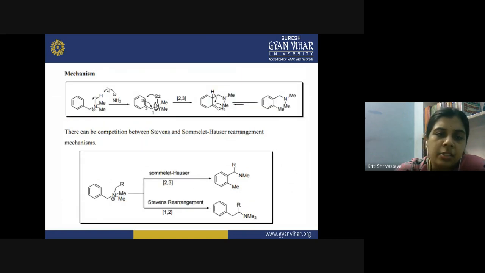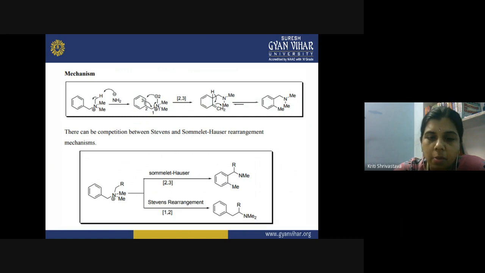The mechanism is you need a strong base here, so we are using an amide in ammonia. This NH2, the amide group, attacks the hydrogen and abstracts the proton. Now, finally, the negative charge is developed over the carbon, so it becomes electron rich, and this now attacks the ortho position. And now this is attached along with the nitrogen atom here, and one methyl group is left behind. So, in this manner, after the final rearrangement, you get a product like this. So simply what has happened here, a sigma bond that is initially present here is shifted to this position.